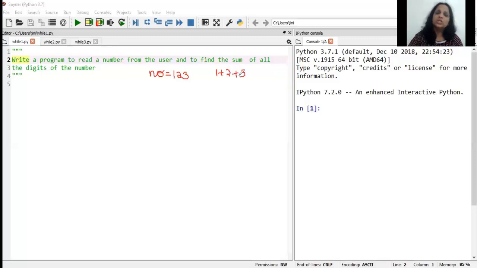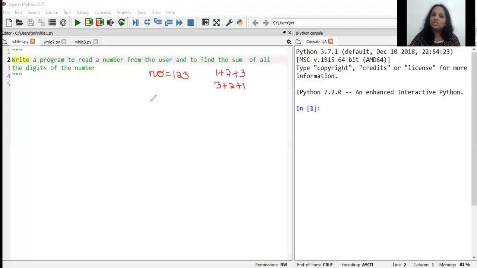Now, instead of doing 1 plus 2 plus 3, can I do 3 plus 2 plus 1? Is it going to still give me the same thing? Yes. Now, why am I not doing 1 plus 2 plus 3 and doing 3 plus 2 plus 1? Because it's very easy for me to get the last digit out. We just saw modulus of 10 gives me the last digit. So I'm going to be making use of that concept.